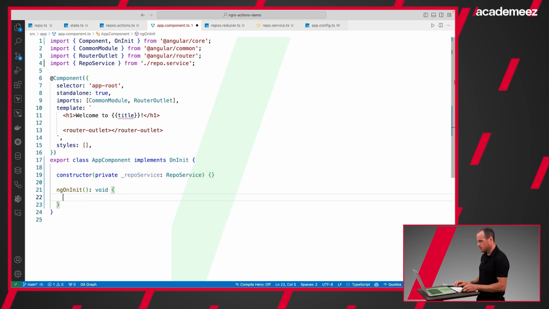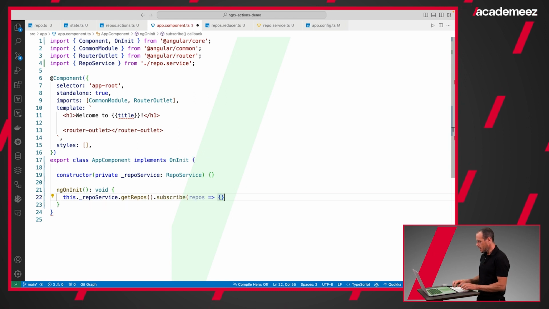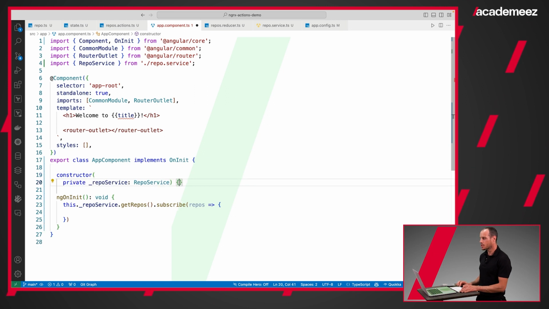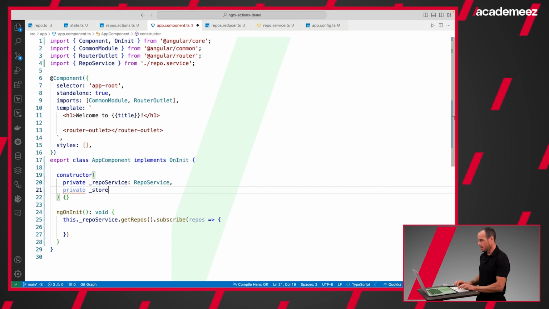I'm going to use this repo service to call getRepos and subscribe to it, and after I get the data back from the server, I'm going to call the store dispatch, calling my action. So I need to inject the store service. So let's also inject our store,